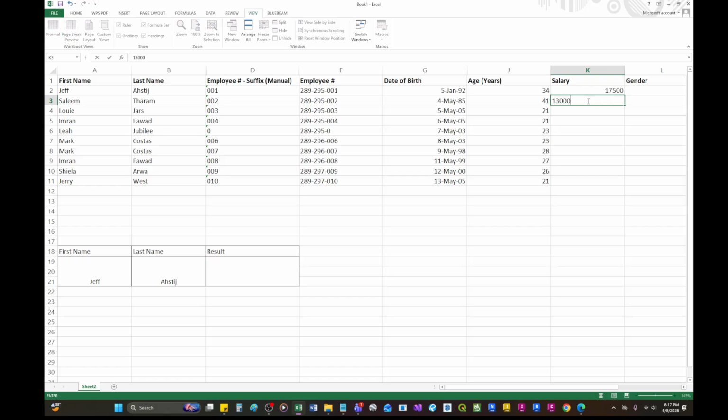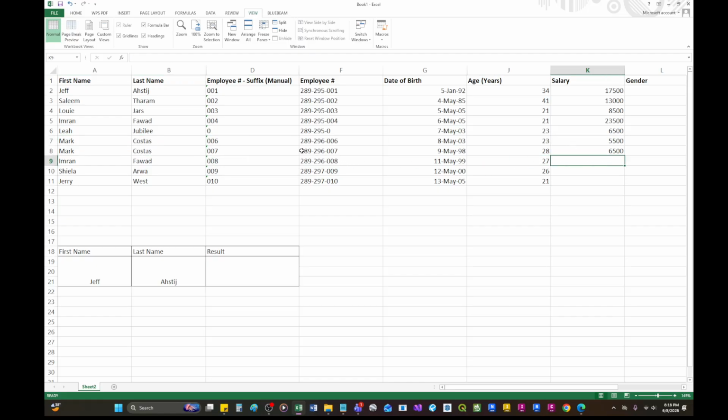Salim, let's say Salim is 13. Louis will be 8,000. And then Imran will be 23,500. And then let's say Leia is 6,500. Mark is 5,500. Intentionally I put the same name here so that we will develop a database that will track if there's repeated data.